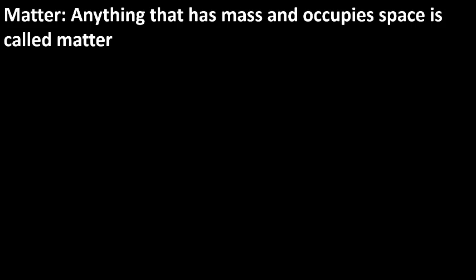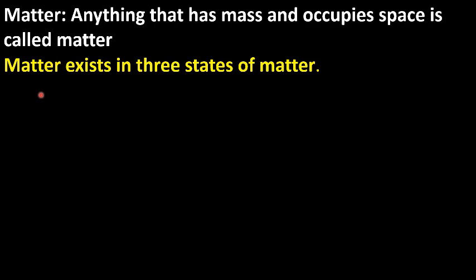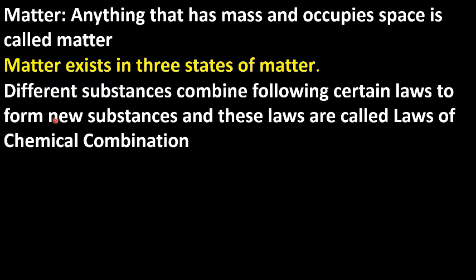In the lower classes, 7th class and 8th class, you studied about matter. Anything that has mass and occupies space is known as matter. Matter exists in three states. What are the three states? Solids, liquids, and gases. Different substances combine following certain laws to form new substances, and these laws are called laws